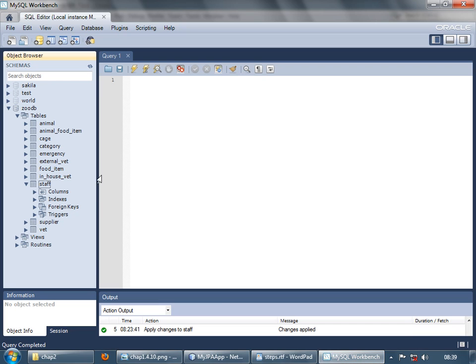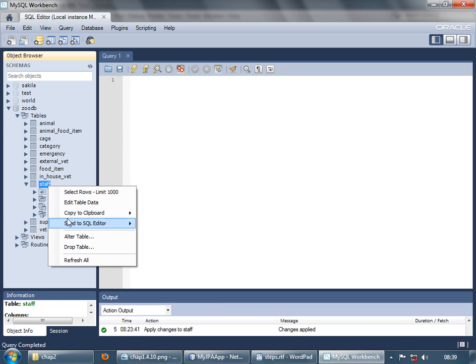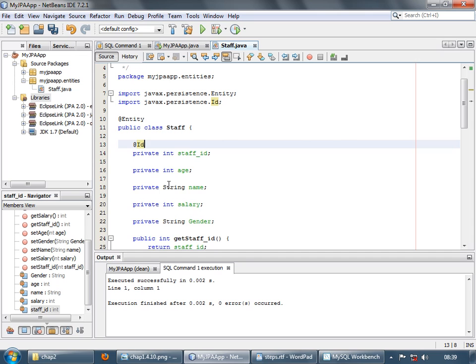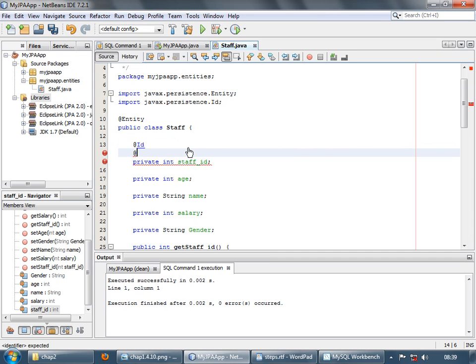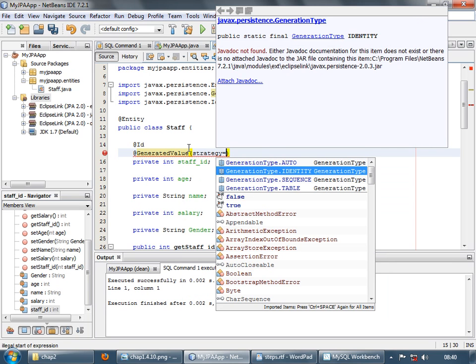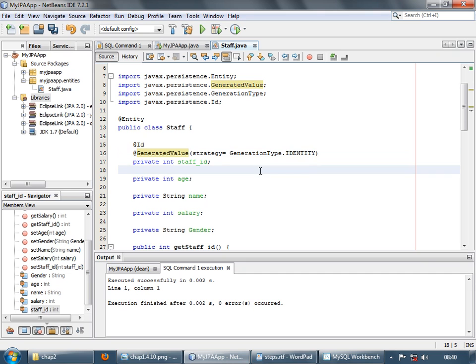Now if you go to the workbench and if you select the table, you know we had selected auto increment for our primary keys. Now this feature you have to mention in your entity too. So go to your application and you have to use another annotation, which is generated value, and in this you have to mention strategy. The strategy is identity. Basically there are 4 strategies. We are going to study all the strategies in details later on. Right now our strategy is identity, because our table is going to auto generate the primary keys. Okay,